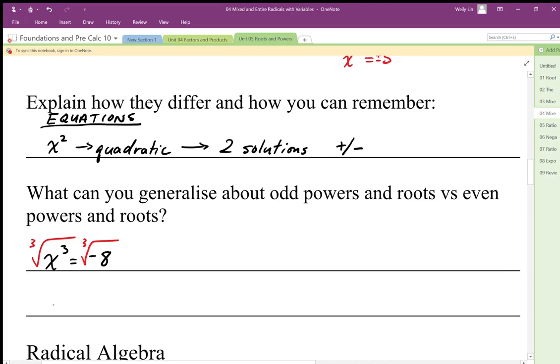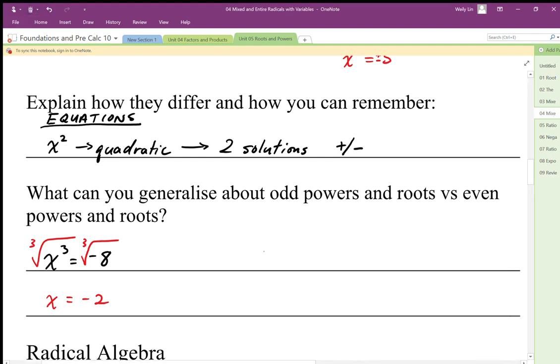And we end up with x equals negative 2, not plus minus, because we don't worry about plus minus with odds, because we know that negative 2 cubed is going to give us negative 8. Positive 2 cubed is not going to give us the negative there. Whereas if we have an even power,